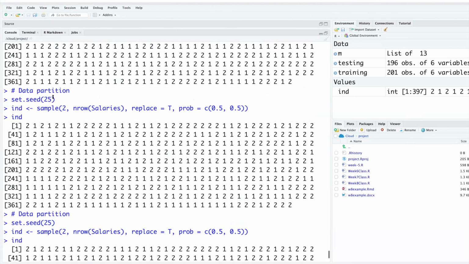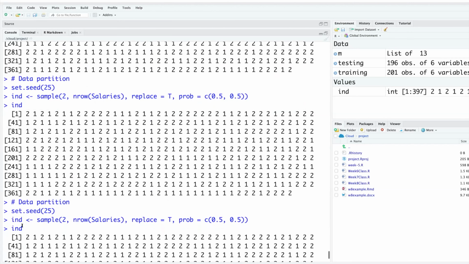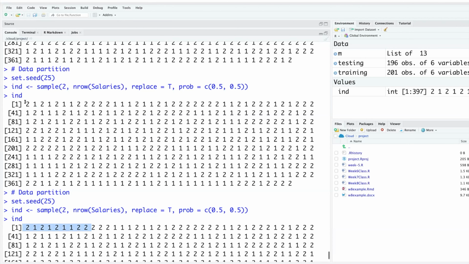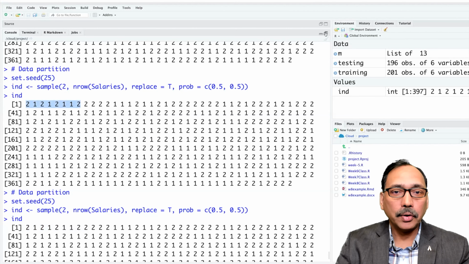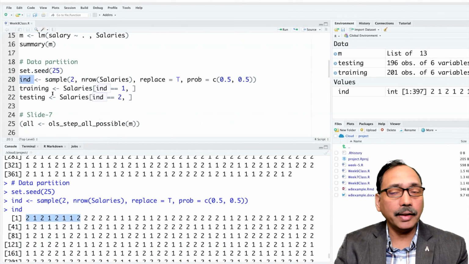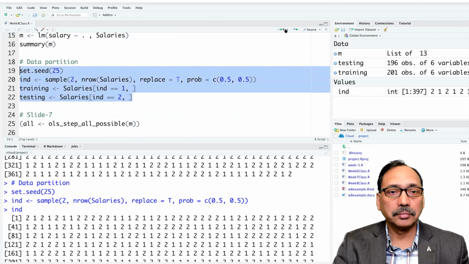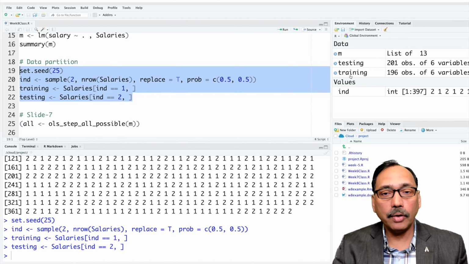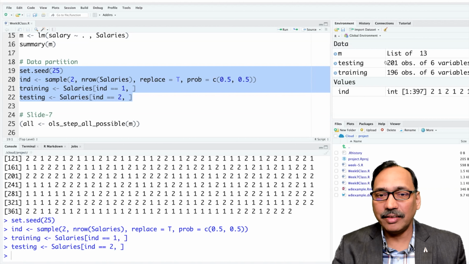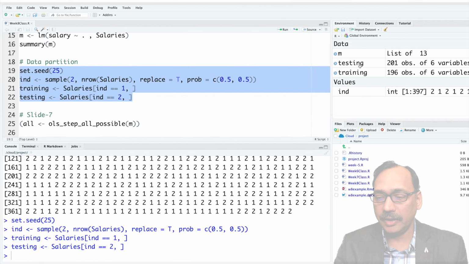Because of set.seed being the same number, you will see the pattern is exactly the same, which means your training and test data will be exactly the same as mine. There won't be any change. So let's do that. Now all of us will have 196 in the training data and 201 in the testing data.